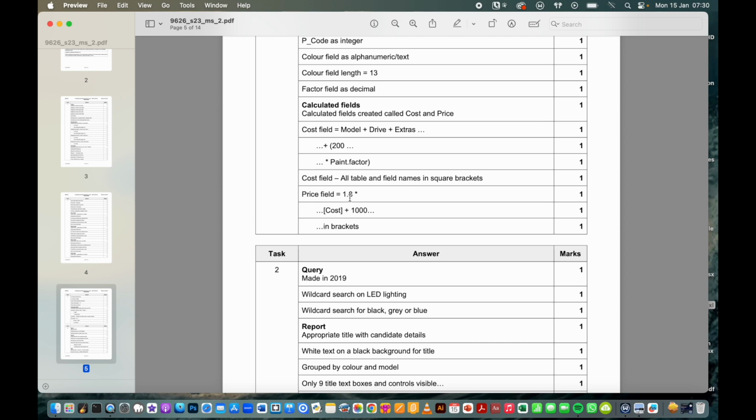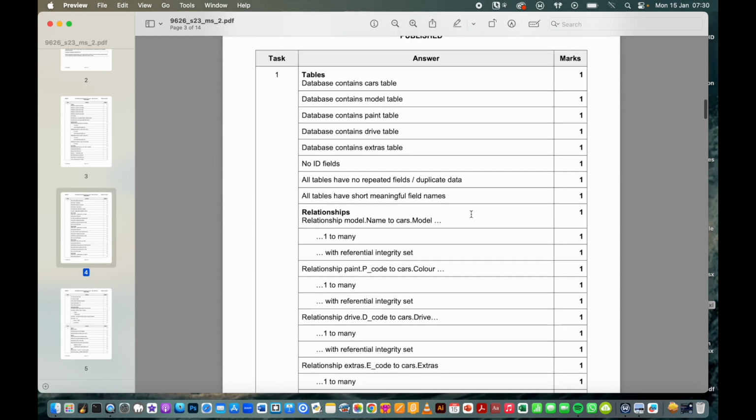Price field, 1.8 times that, we did that. Cost plus 1,000, we did that in brackets, so we did do our stuff in brackets. The only one I've got is the square brackets. So that's one where if you're sitting in an exam and you don't get the square brackets and you miss out on 1 mark, then it's 1 mark. You know, you're still going to get your A star. So that's it. That's the end of the